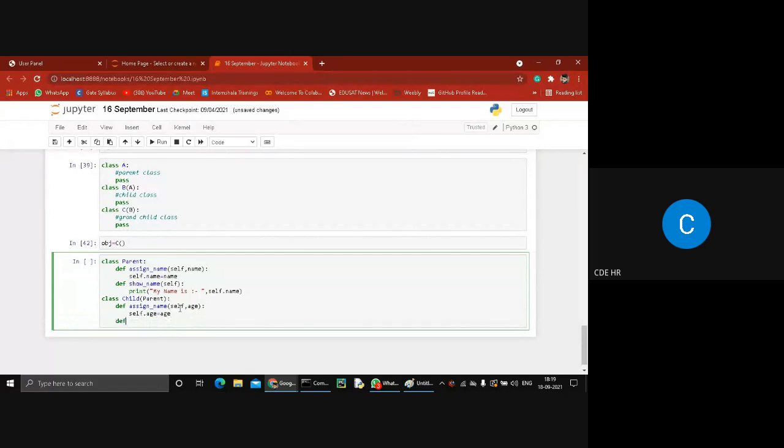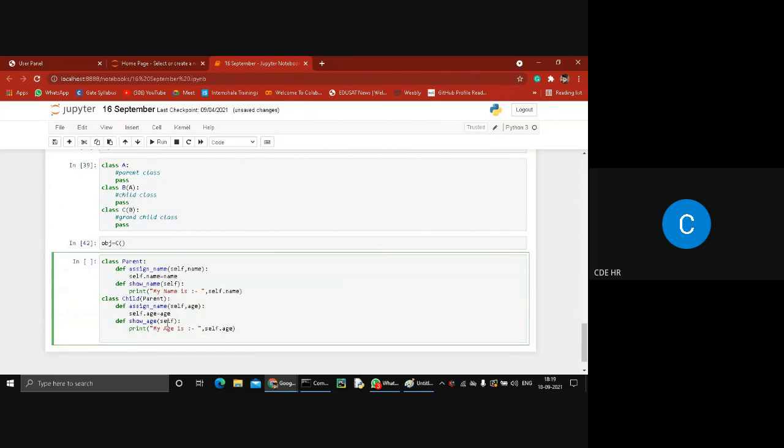We want to write my function show age. Print "My age is" self.age.